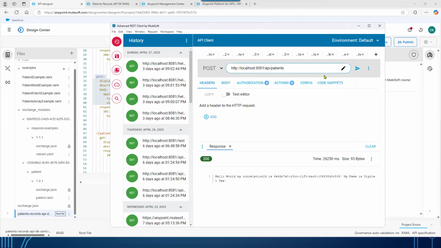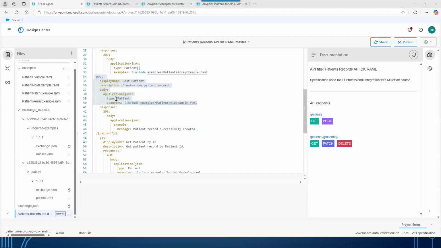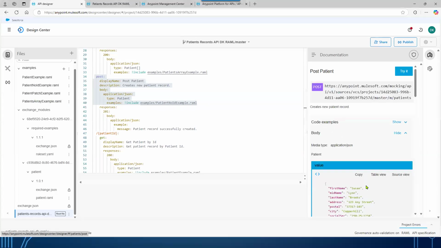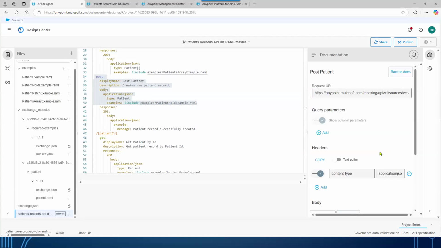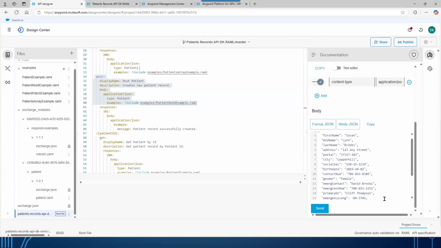and in this post, we're going to be required to add a body. So this would be the body that is being defined here in a post. Okay, we're defining the body. And the patient no ID example. So when we do the post over here, we look at this post as an example and we do the try it. Here is the body